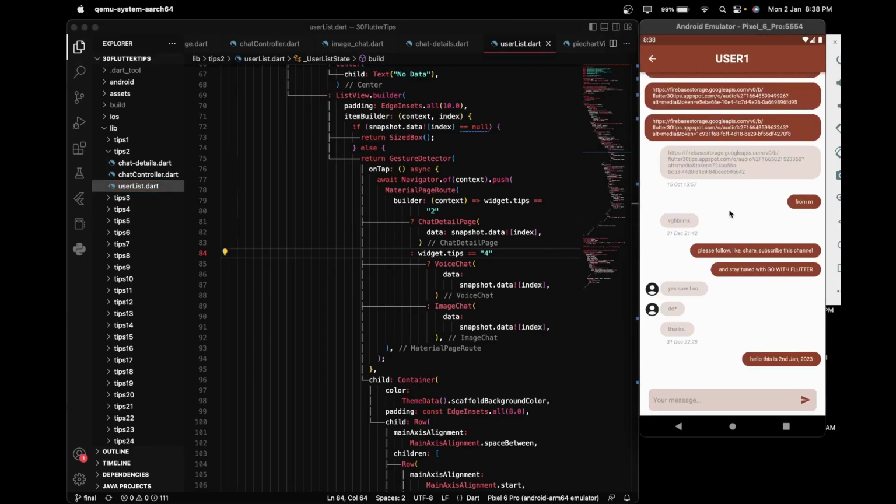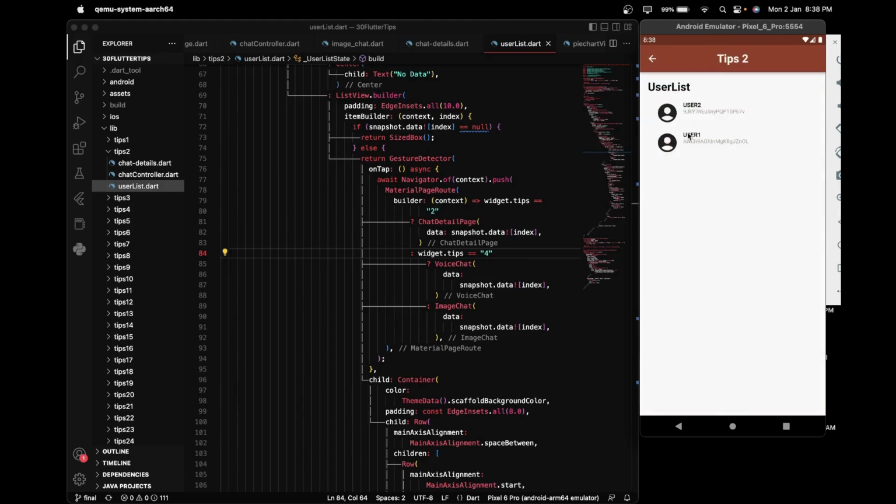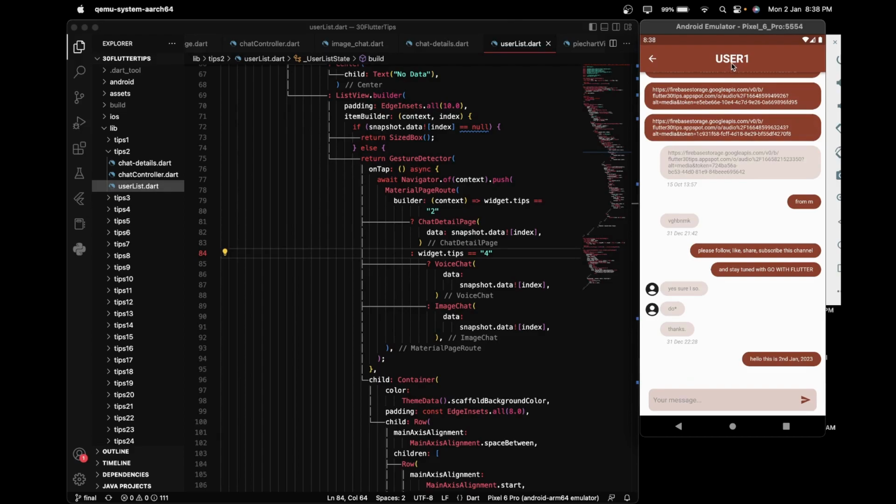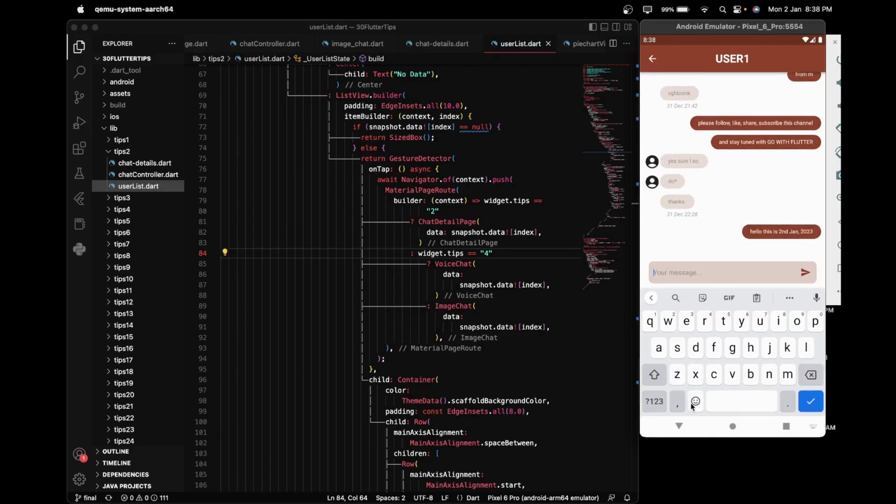On this page we will show the chat history, and the user can send a message to another user. Here only two users are present. So user 1 will send a message to user 2, and whatever user 2 types, it will be sent to user 1. As of now I am clicking this user 1, I am opening this user 1 chat, and whatever I type here,